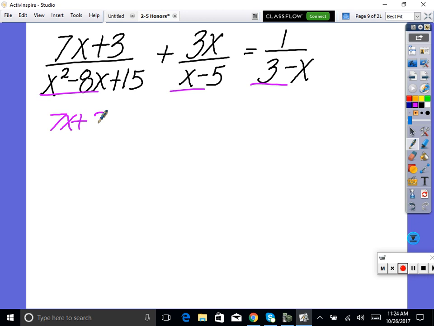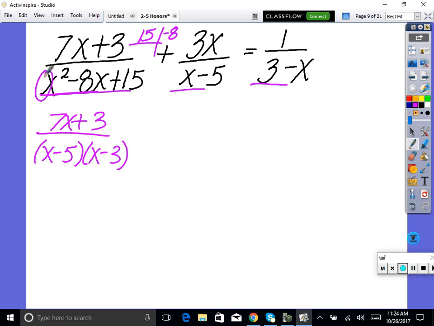So we have 7x plus 3. What is this factor to be? It multiplies to be 15 and adds up to be -8. You're right, x minus 5 and x minus 3, we could quick factor because our leading coefficient was 1. So plus 3x over x minus 5. And then right here, we know it's not in standard form, -x plus 3 will then factor to be